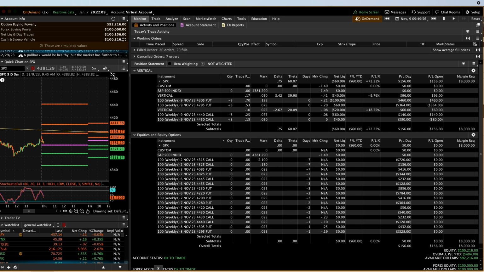This is the number that tells you where you're going to be once your current trades expire worthless: you will be at this number right here under the cash sweep. Your current value is going to be under the net liquid. On this screen, the net liquid tells us how much more we have to go. So we've got $60 left total in our trades, and we're currently at this particular profit right here.